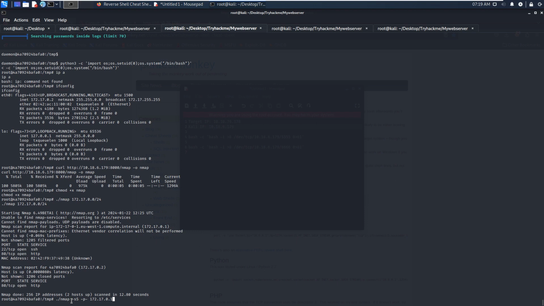By this one we can identify all services which are running over this host, this IP address. However, this will take a bit of a long time, so I will not do that. And from the result of this command, we can identify the port number 5986. Normally, this port number is used by Windows remote